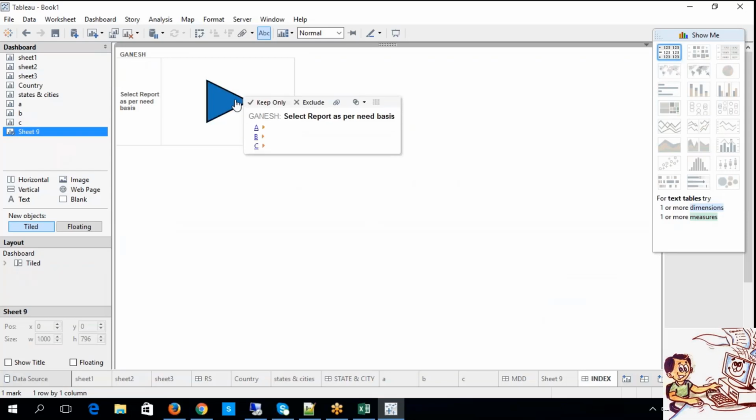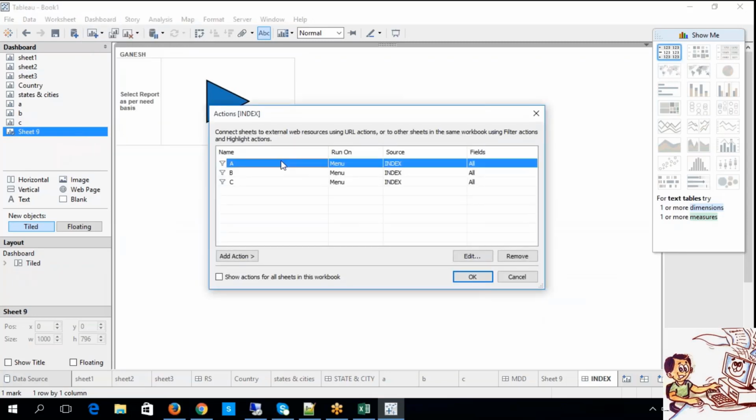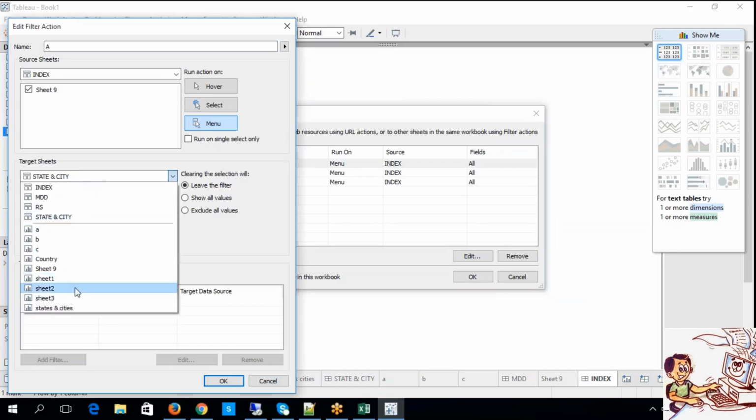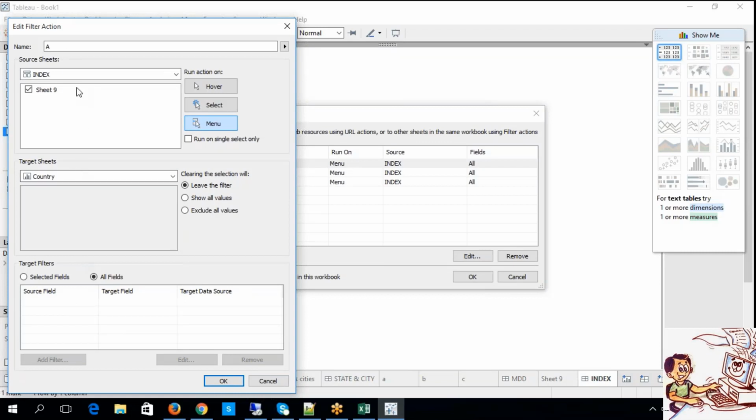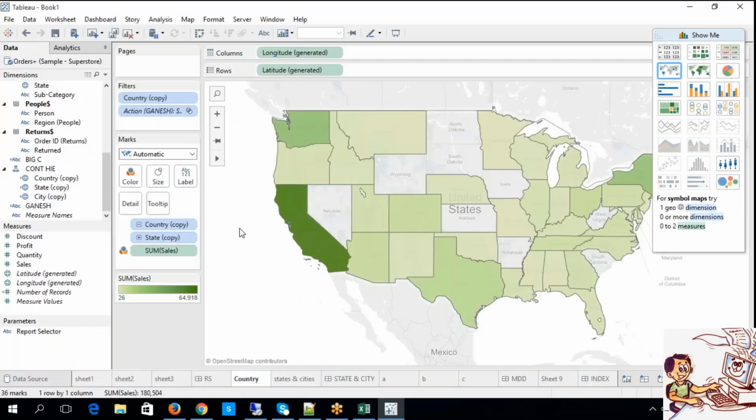And this indexing you can also perform with worksheets, not only dashboards. Now look at this, here instead of selecting a dashboard you can select worksheets. Now look at this, if I select this worksheet, that is country. Now look at this, sheet 9, that is filter A. Now when I choose filter A, it will go to the worksheet. Now look at this, this is the worksheet, see, likewise, right guys? This is the way to deal with the indexing, right guys? You got my point?